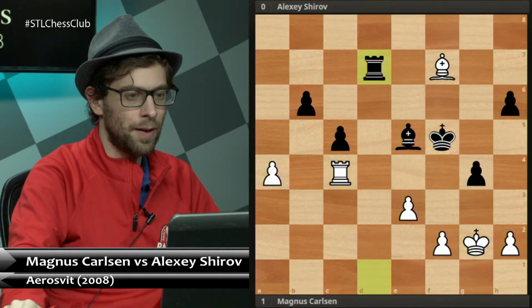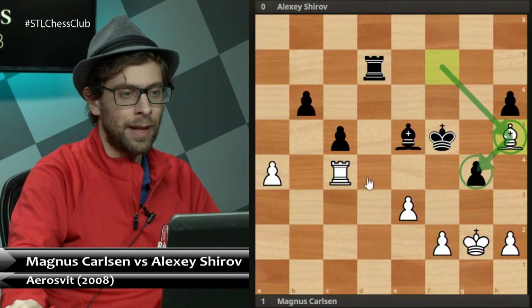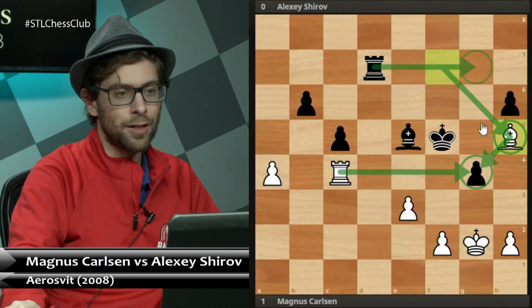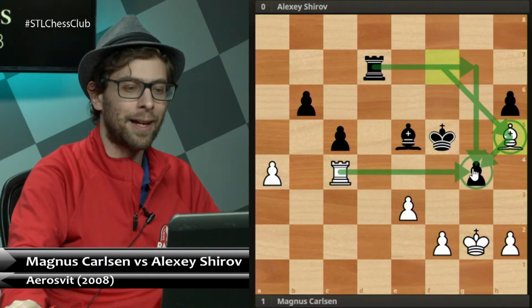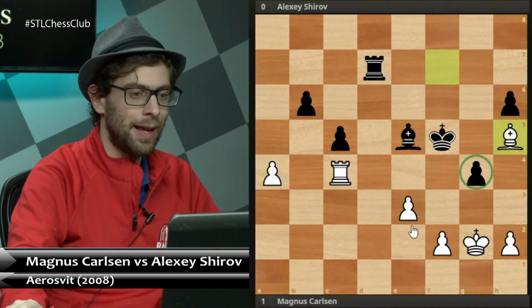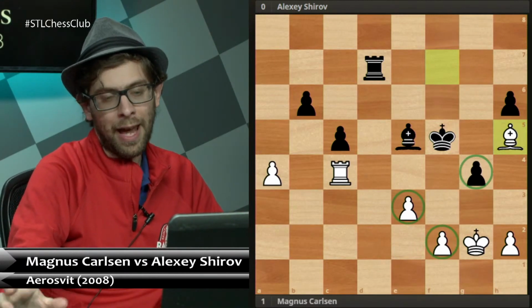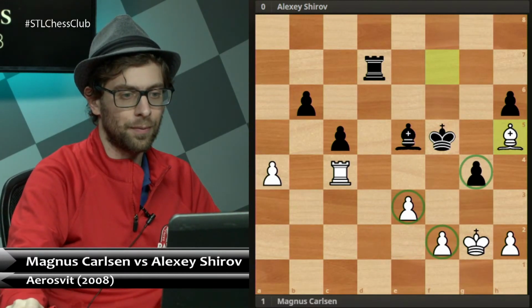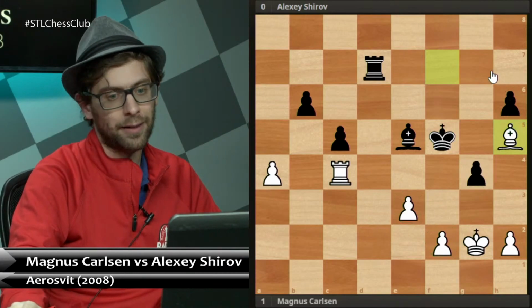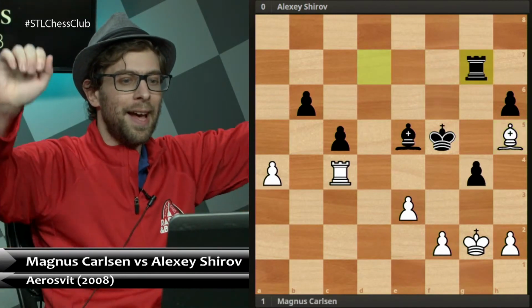Rook d7, bishop h5. And that's the main issue. Now, Shirov is forced to move all his pieces back just to defend that g-pawn. Mind you, if you lose this g-pawn, I have two connected passed pawns, which usually win the game. Also stopping h5, correct. Rook g7. And now,